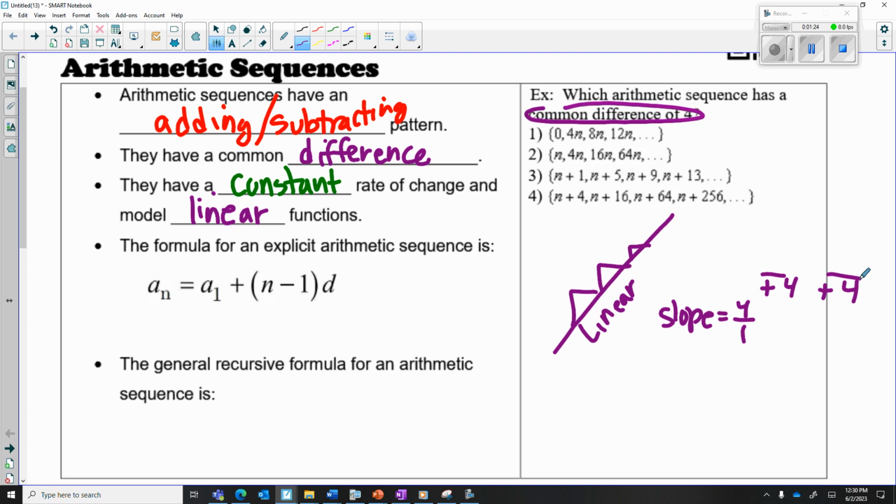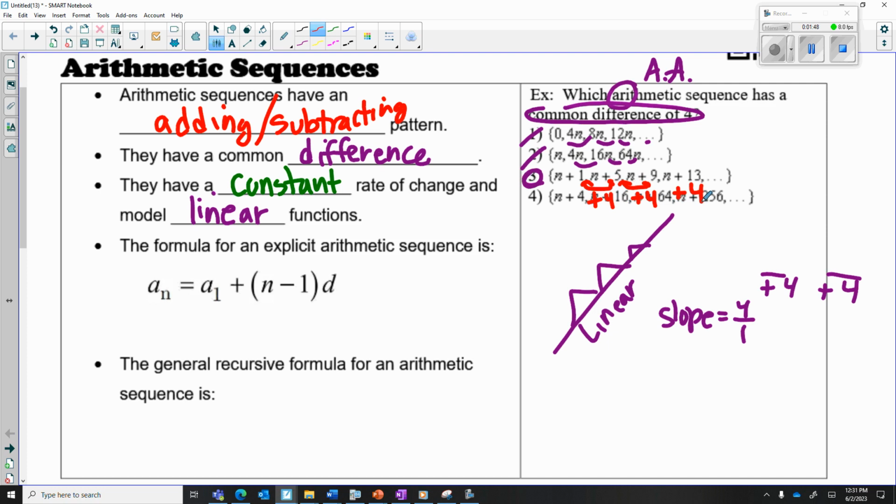All right, so notice arithmetic, you think AA, arithmetic add. And are we adding in this first one? We are not. Second one, we are not. The third and fourth one we are adding. And which one has a common difference of 4? The answer is choice 3. I'm hoping you'll say, because to get from term to term, we would have to do plus 4, plus 4,